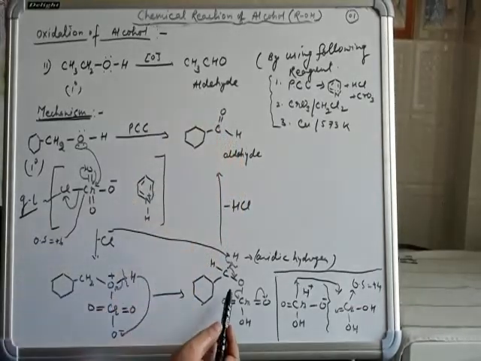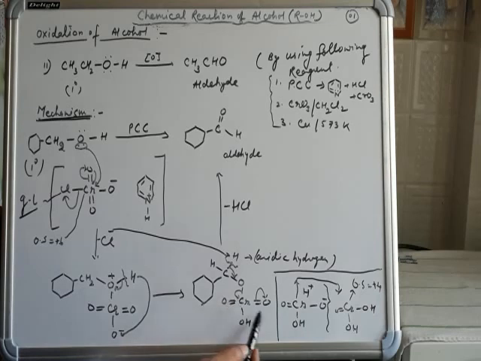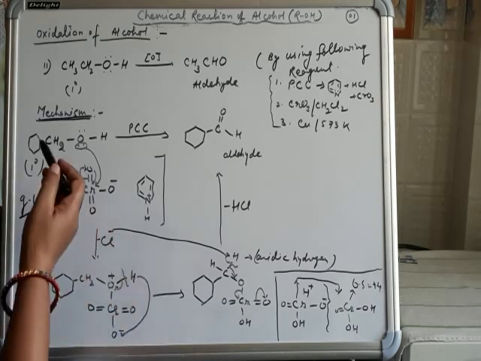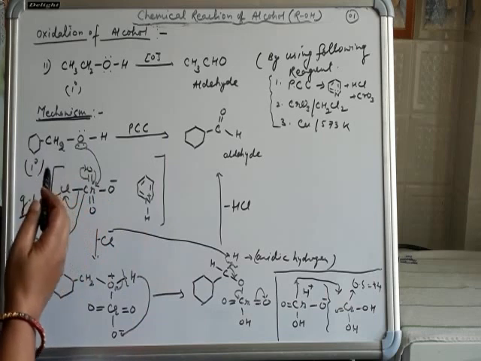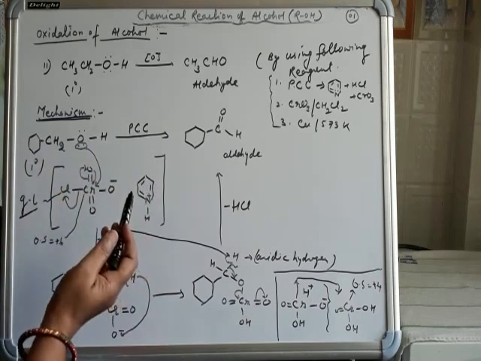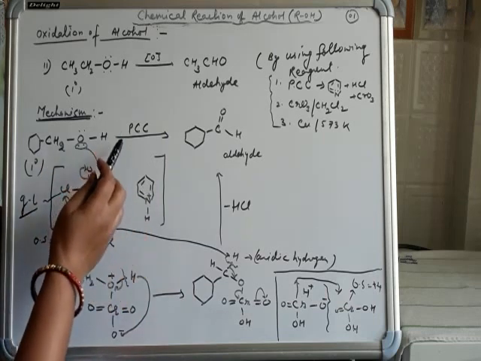And what happens to this compound? The bond present between oxygen and chromium shifts towards the chromium, and chromium then accepts an H plus ion, and it becomes a compound again. We can check that this reagent gets reduced and alcohol gets oxidized. Alcohol means primary alcohol. Primary alcohol gets oxidized to the aldehyde state by using pyridinium chlorochromate.